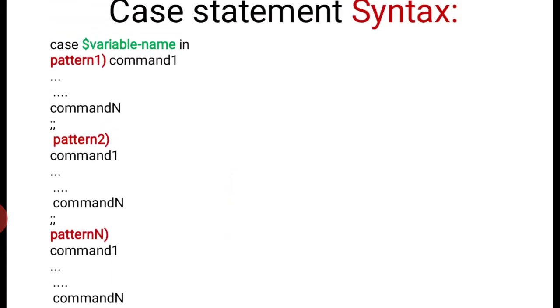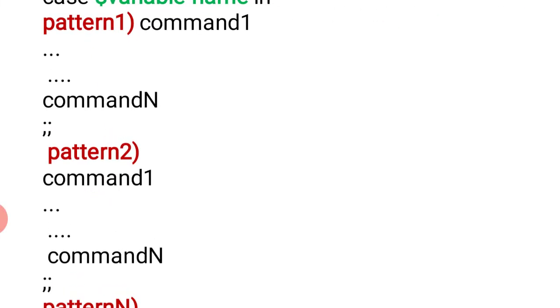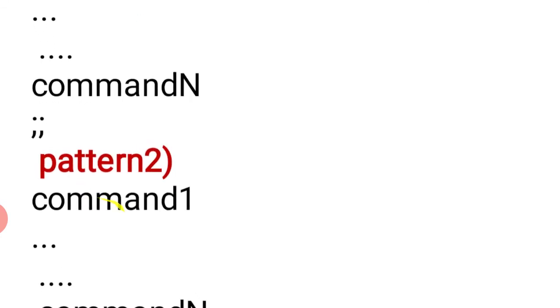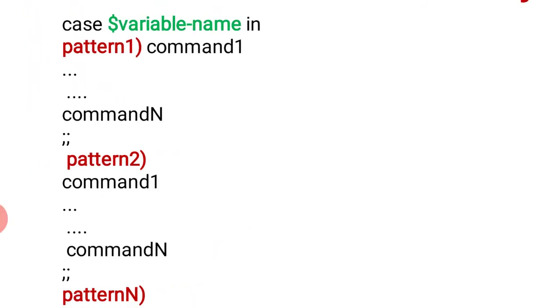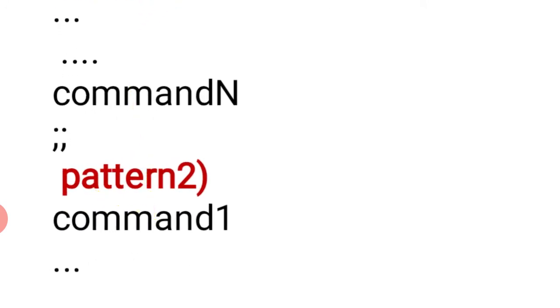Pattern 1, command 1: if the choice matches pattern 1, you can write multiple commands, then pattern 1 or choice 1 is closed by a double semicolon. It is mandatory, same as the break statement used in C programs. In C we use break; here in Linux, we need to use these two semicolons.